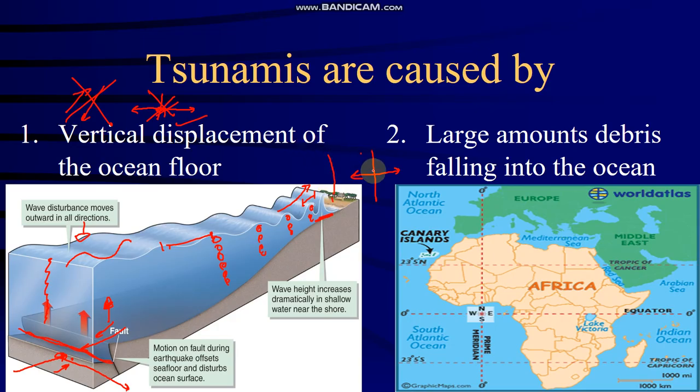Since this doesn't generate tsunamis often, really at all, that threat doesn't exist here. The only true threat that we're facing is due to this debris coming off the Canary Islands. It's just very loose rock, and geologists are aware that this rock can slide down, and if a large chunk of it breaks off and slides into the Atlantic Ocean, it could generate a tsunami that propagates to the East Coast. But don't freak out about it. So those are two ways that tsunamis are caused: vertical displacement of the ocean floor and large amounts of debris